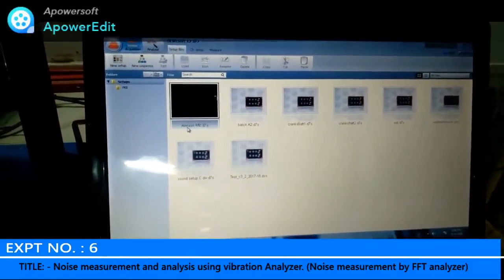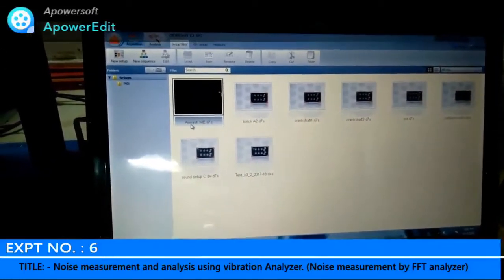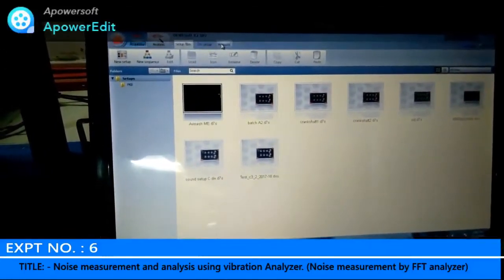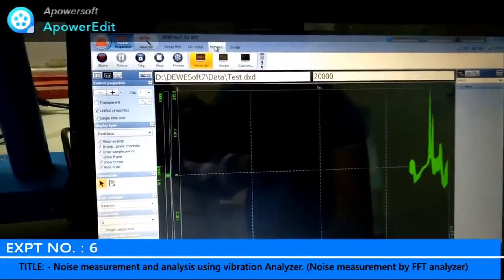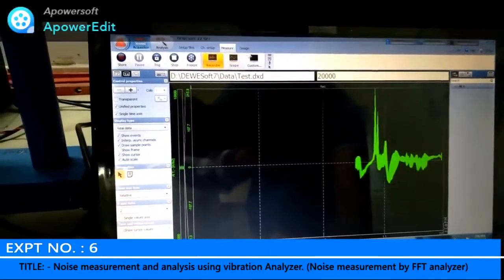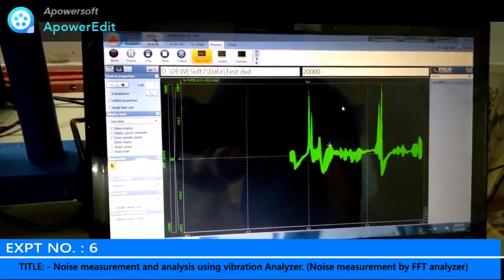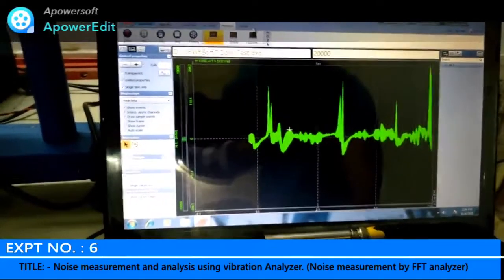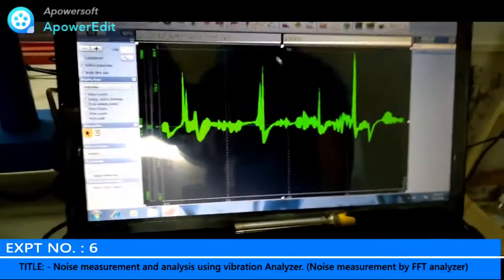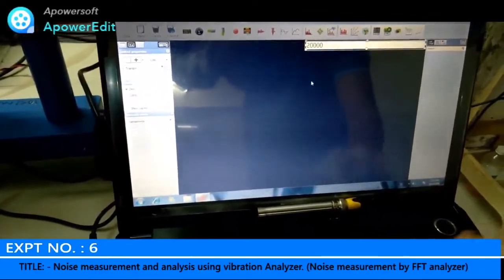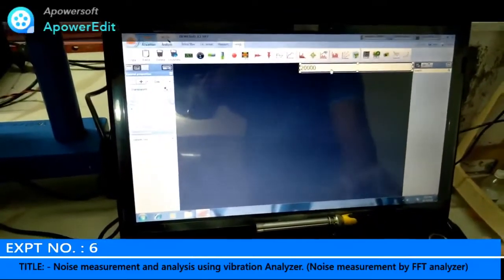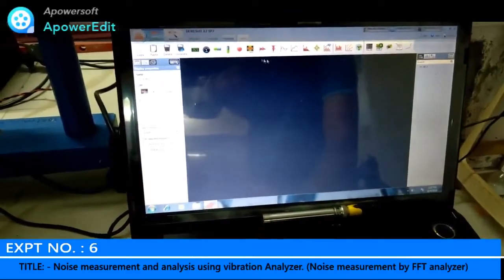Clicking over the icon of Davisoft, we are here with this user interface, and now we are going to select Measure. This is a pre-recorded design and we need to change it. So we are going to select octave band and FFT analyzer.